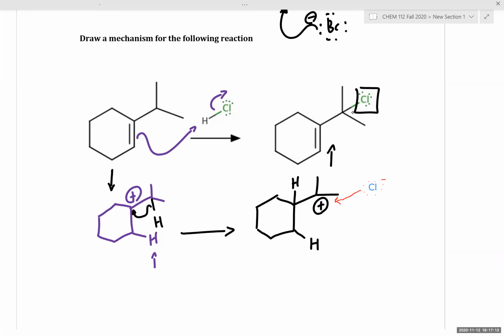Perfect. So we have drawn the attack of our chloride on our carbocation. Exactly right. So we draw an arrow from the lone pair on chloride to the carbocation carbon. That forms our desired carbon-chlorine bond, and that completes this mechanism. So the only thing that's new, that we've added from our previous class session, is the presence of